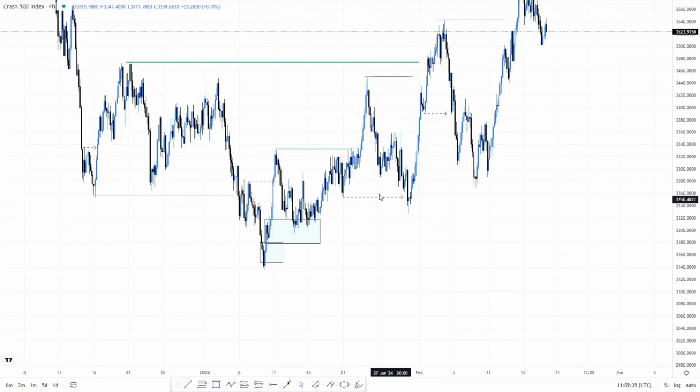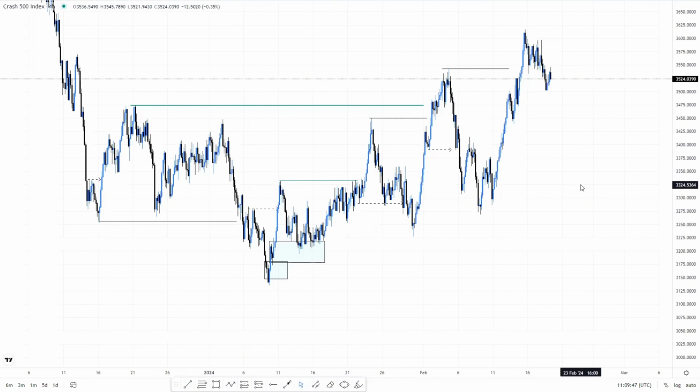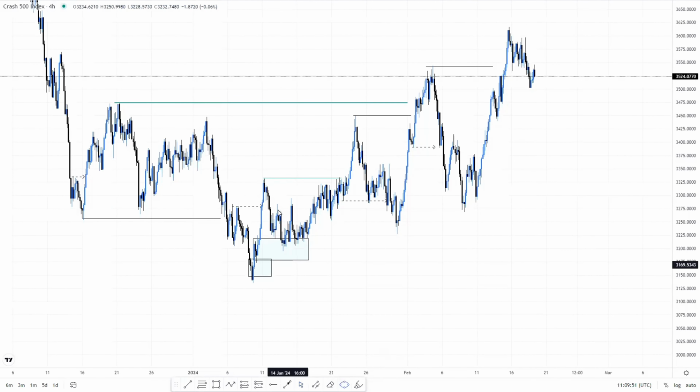After the inducement, they went all the way up. The inducement is actually here. They induced, they went up. So here you can see that they were now giving you this bullish structure to the upside. They're actually now giving you that. So you can see that even if you were to mark structure, that was your